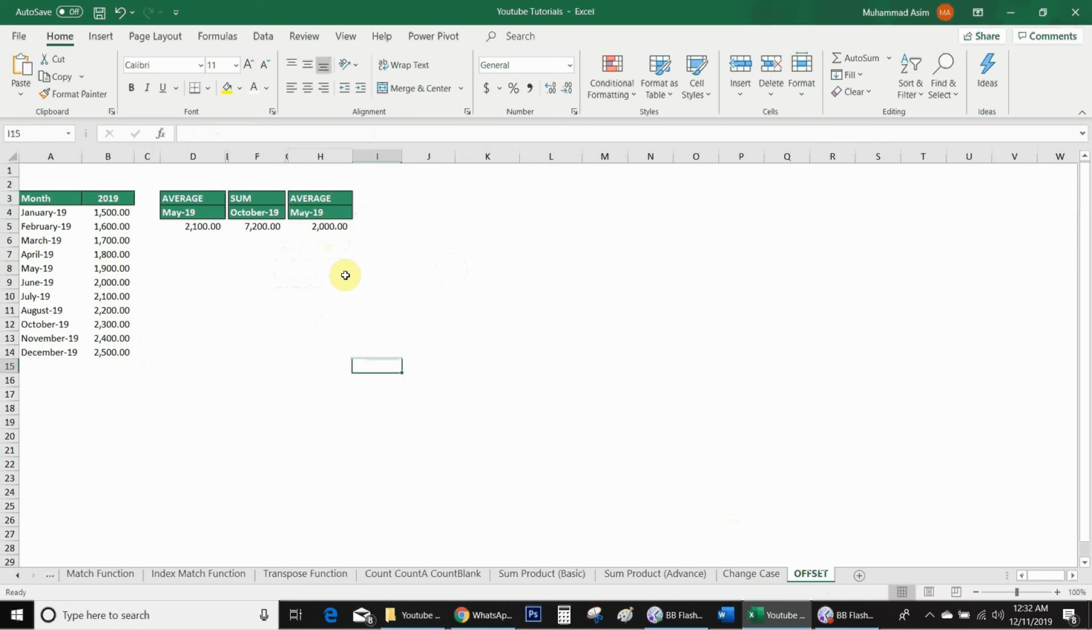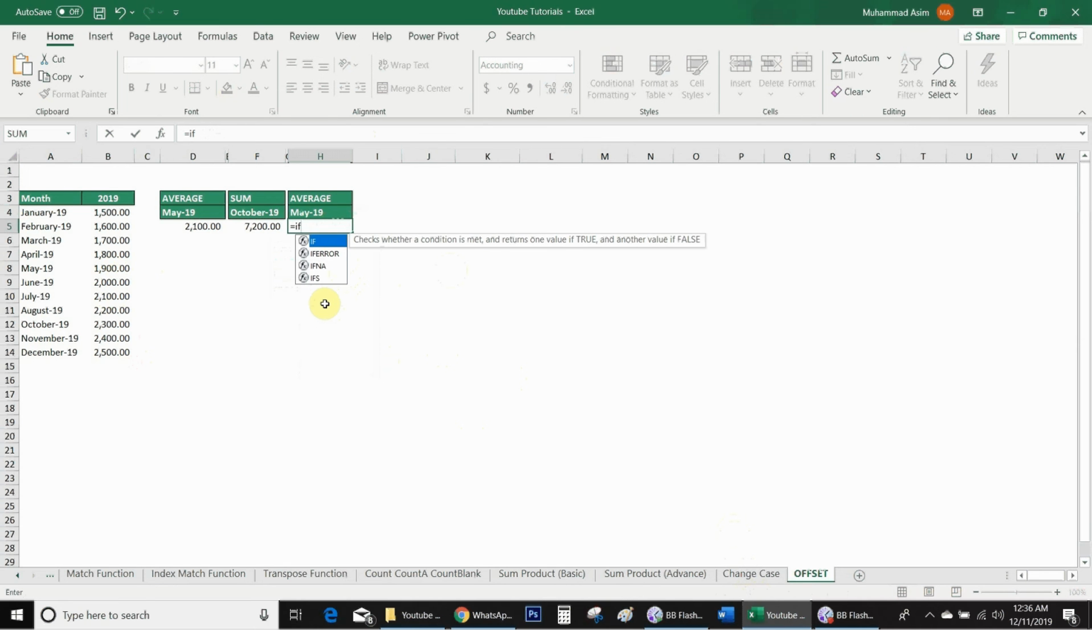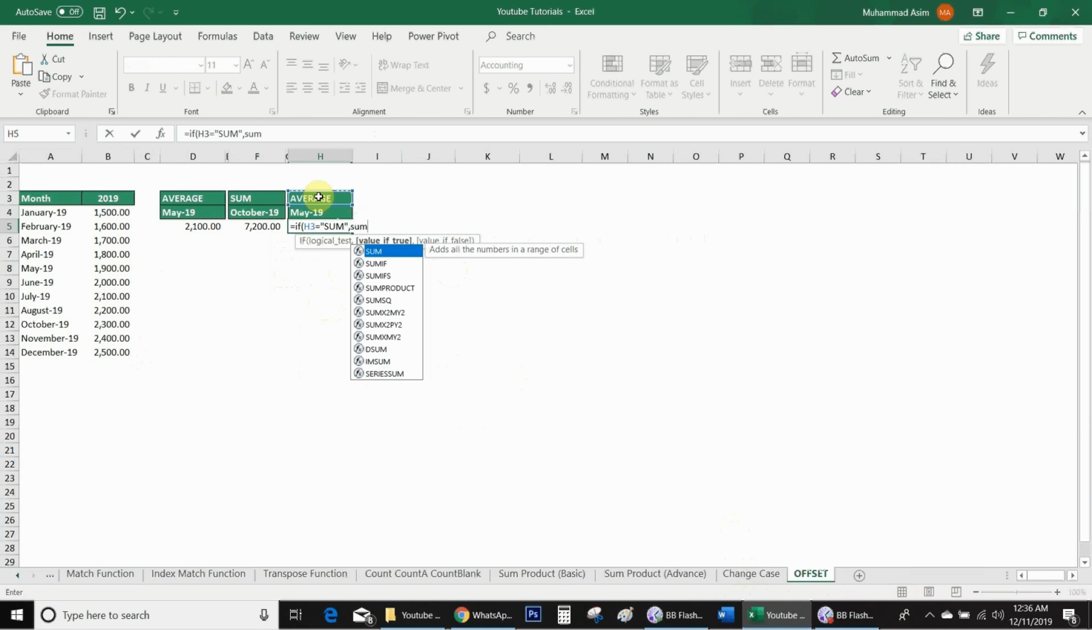So how can you do this? For understanding, I delete this formula and start from scratch. Equal. Firstly, I will use the IF statement. If H3 equal to sum, then use the SUM function bracket. After this I will use the OFFSET function. I will give the reference